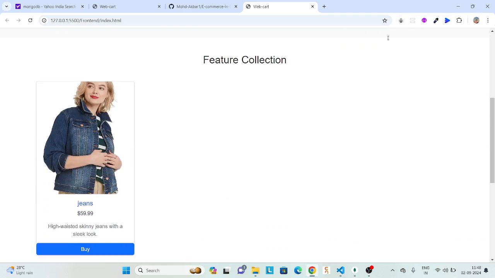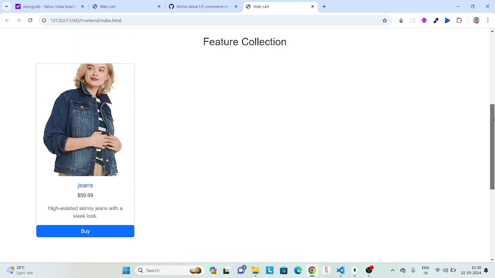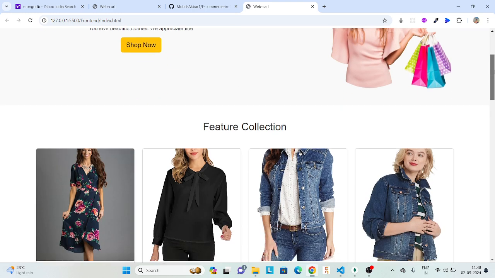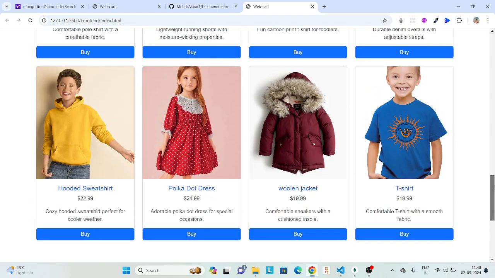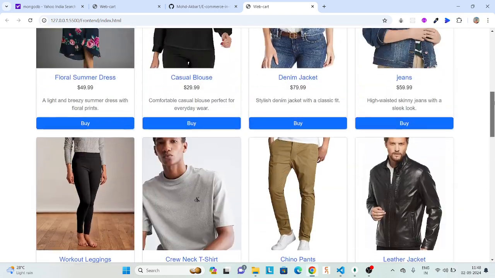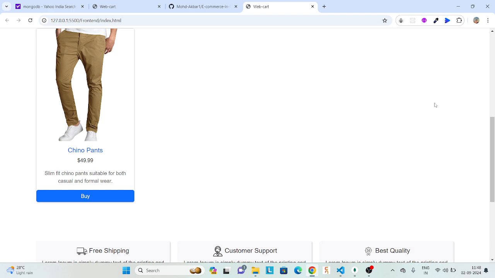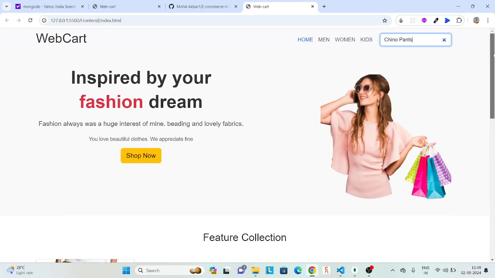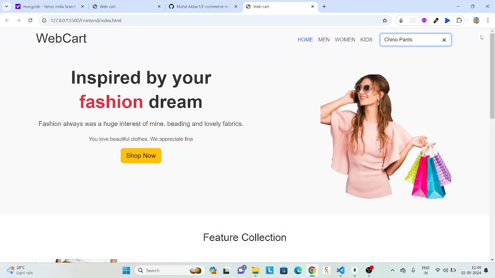I am searching another query. So for the jeans I have searched, and this is the result it is showing here. So every query will be displayed when the data is available in the API. So this is about the main user interface. Till now I have made only this, and coming to the coding part,